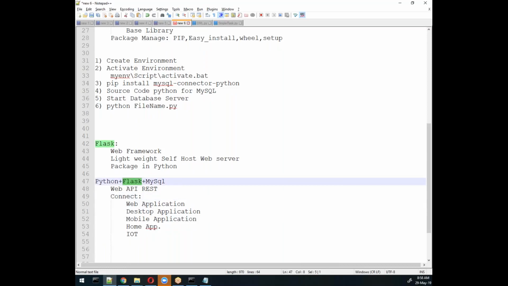Nowadays Flask is very important, because with the help of Flask you can connect with all these types of applications, as they accept XML and JSON. Remember, they understand XML and JSON, and through Flask, instead of displaying a welcome message, they will display XML and JSON.